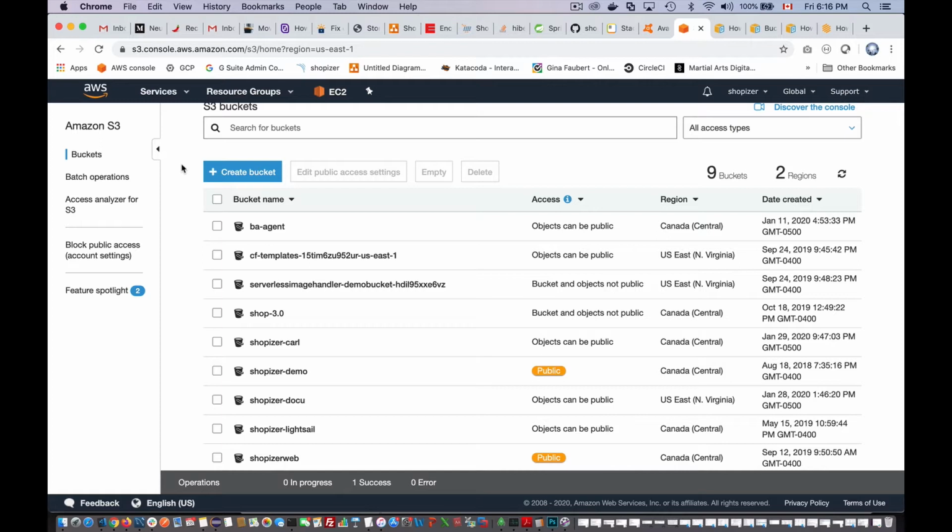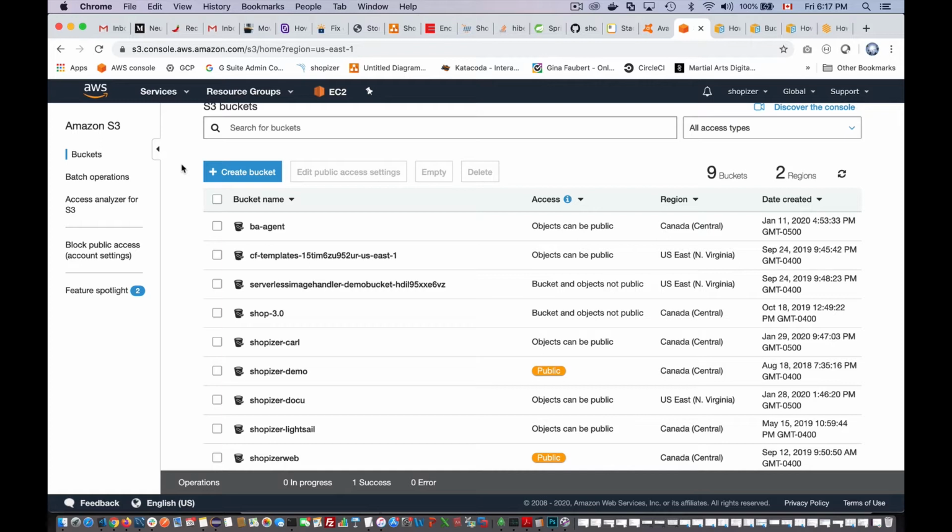bucket public, assigning some privileges to that bucket so that all images that you store inside will be available publicly, which means the get. And after that, I'm going to show you how to create a CloudFront distribution so that you can serve your images from the edge locations that AWS offers. Those edge locations are there for making sure that your images are served very fast from any clients requesting